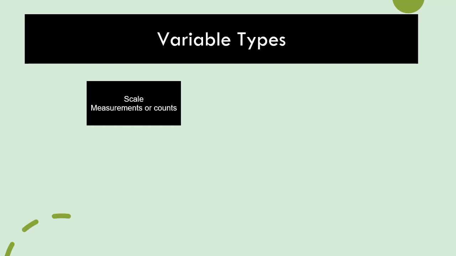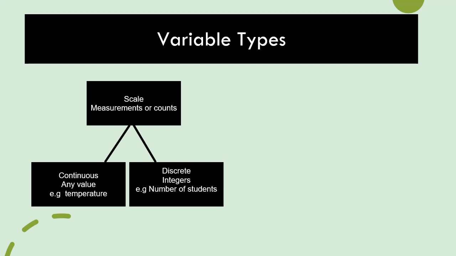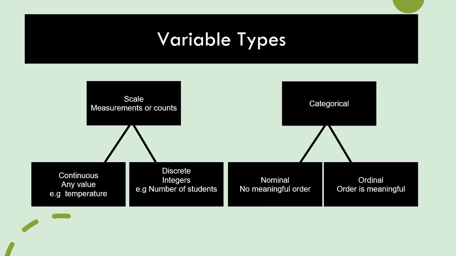Variables have values. If these values are measurements, they fall into the scale type. They may vary continuously, that is, they can have decimal values, or only integers. The other type is categorical, where they may have nominal data or ordinal data. We know the categorical data is that which has some unique values getting repeated in the data set, right? These unique values may be either nominal or ordinal type.